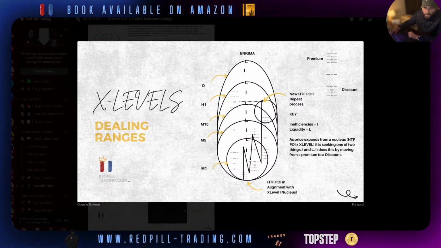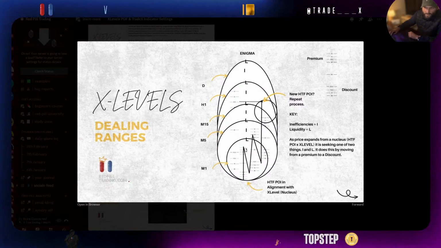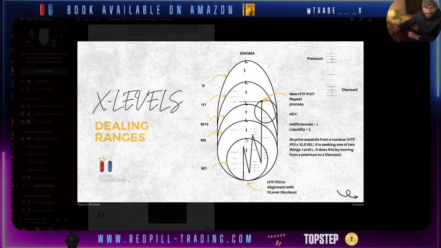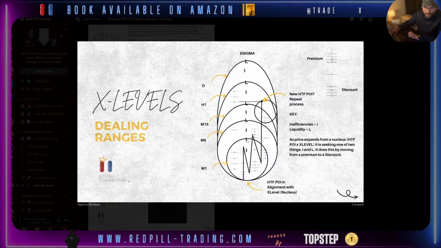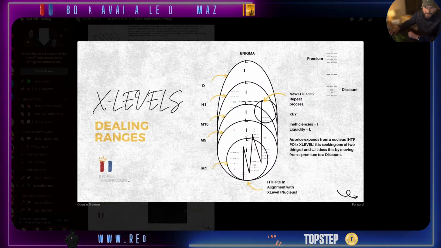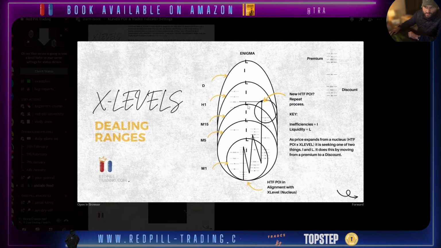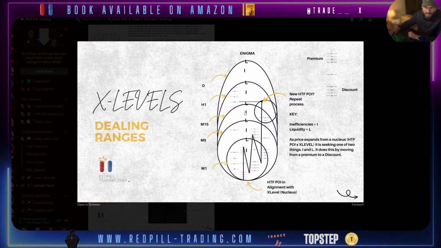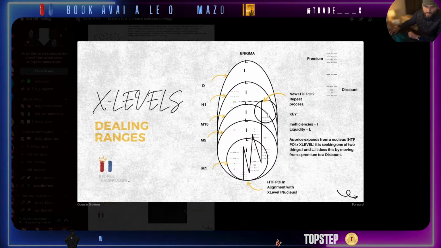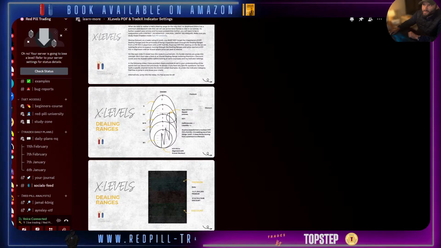So it's the principle of price moving from a premium to a discount, seeking inefficiencies in liquidity. That's all price does. Above the 1 minute is liquidity. In between the 1 minute and the 5 minute high are inefficiencies. Between the 5 and the 15 minute liquidity pools is inefficiencies. And you keep repeating the process until you reach a POI. Okay, so if we just go back to this,